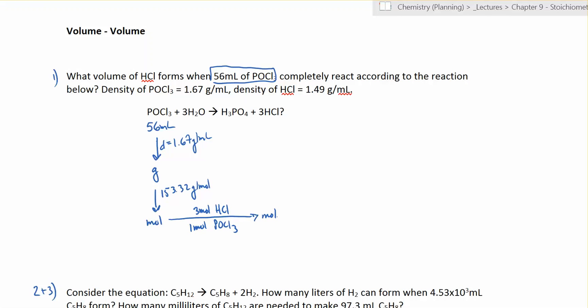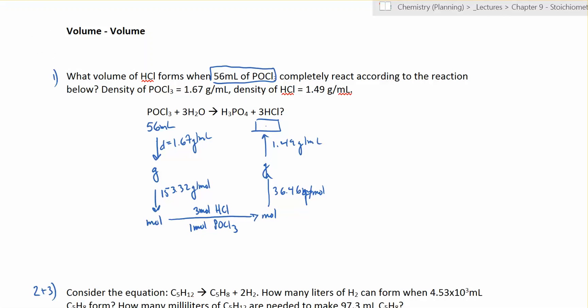That calculation will solve for moles of HCl. At that point, I can use the molar mass of HCl, which is 36.46 grams per mole, to solve for grams of HCl, and then use the density of HCl, or 1.49 grams per milliliter, to solve